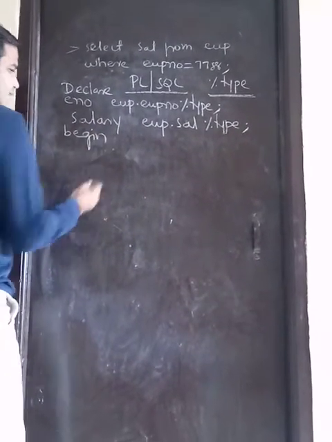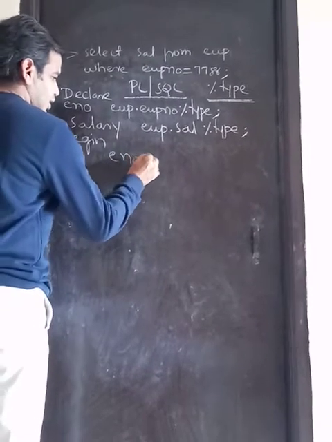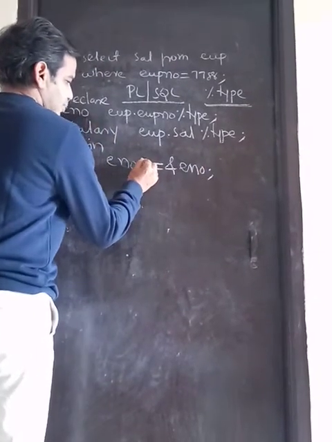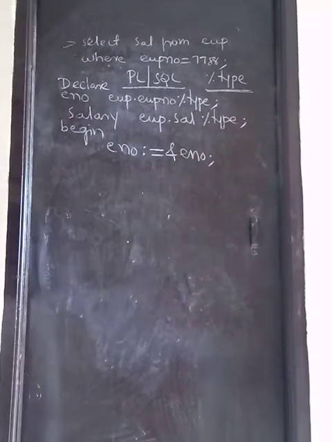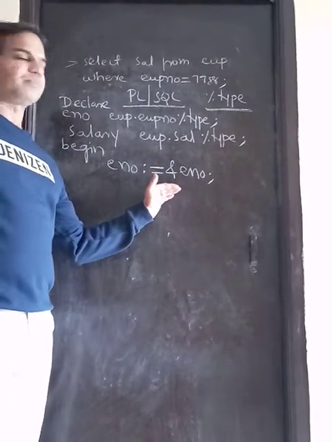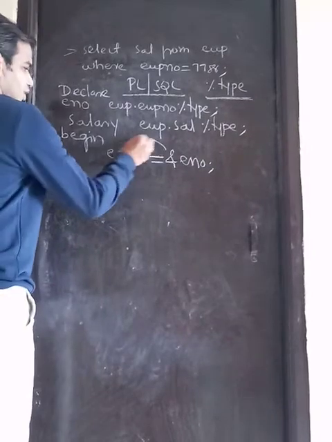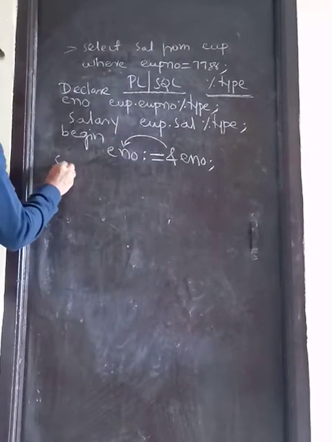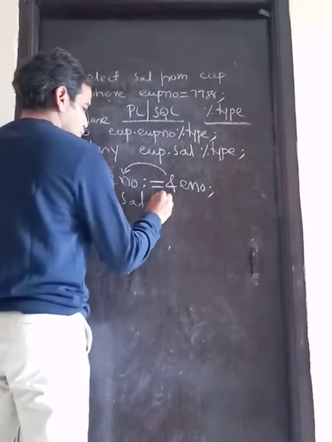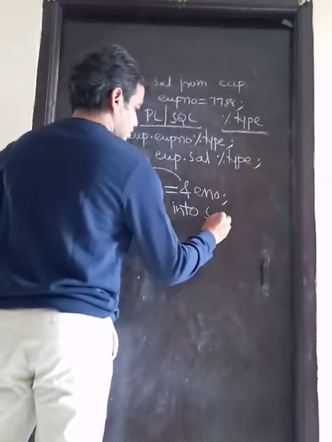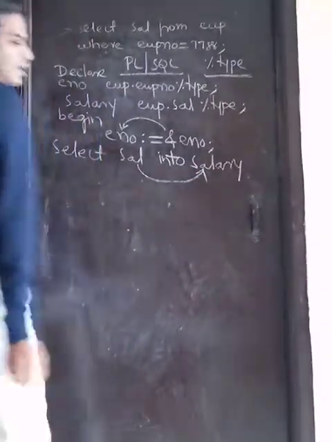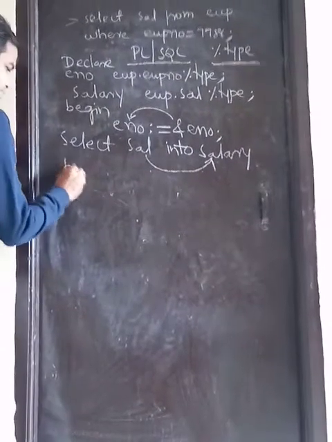At runtime we are accessing employee number equal colon equal and EMP. We discussed in the previous class that in PL/SQL, colon equal is the assignment operator. It will ask you to enter the value of E number at runtime. Whatever we enter will be stored in E number. Then select, we are accessing only salary, which we are storing into the current variable salary. So we are copying salary into salary from the employee table